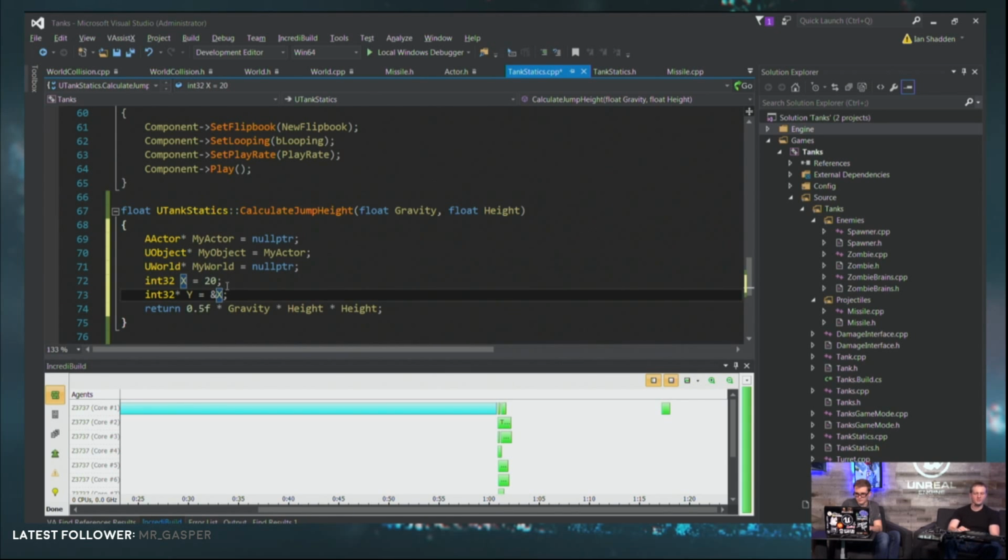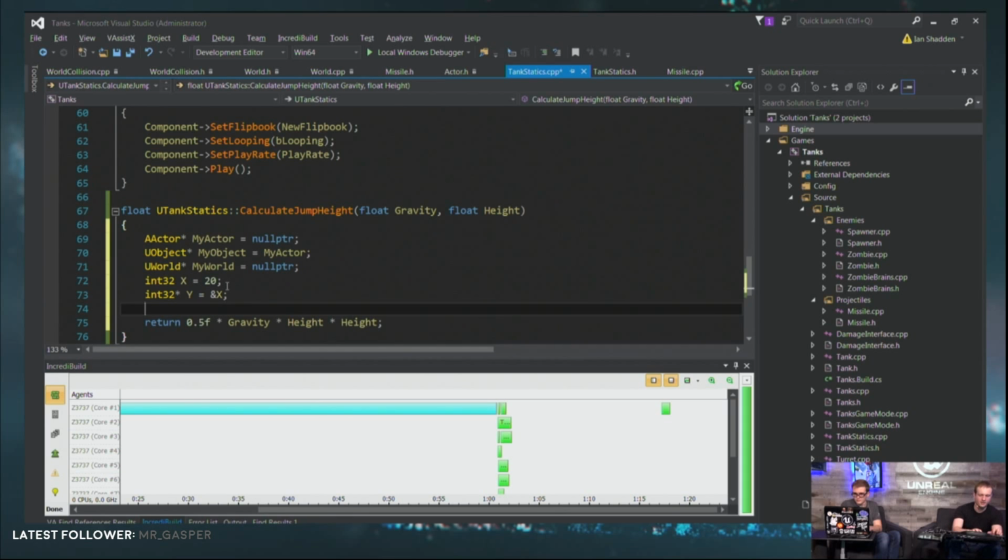Now here's where pointers get pretty interesting. If I do this, x now equals 22. Wait, I did the wrong thing there. If I do this, I just moved my pointer for y by 4 bytes.